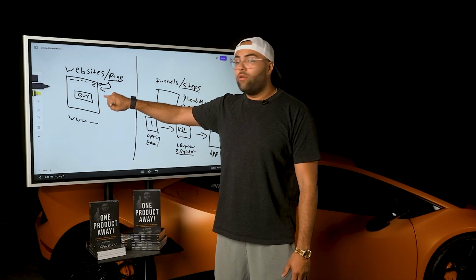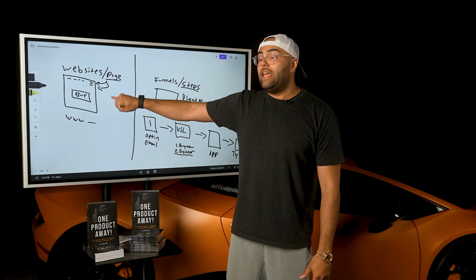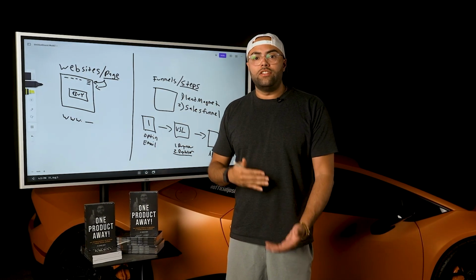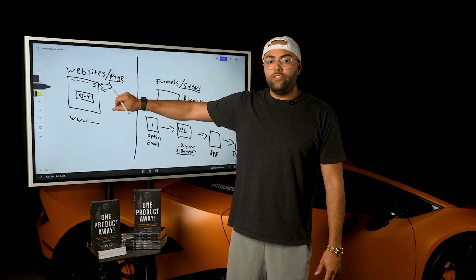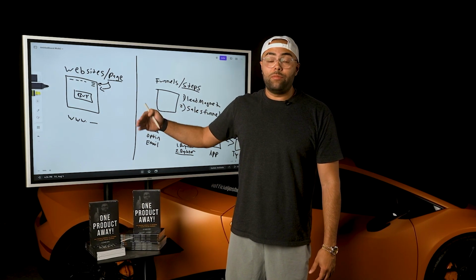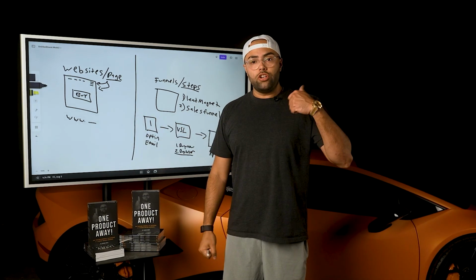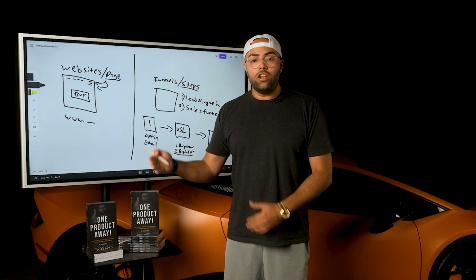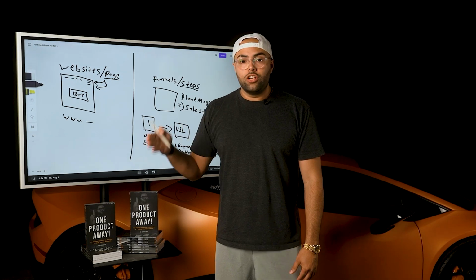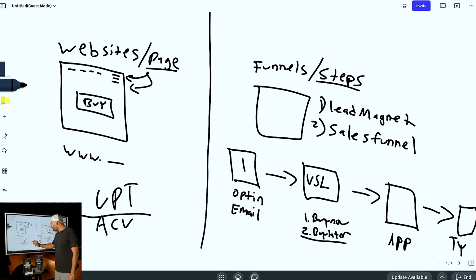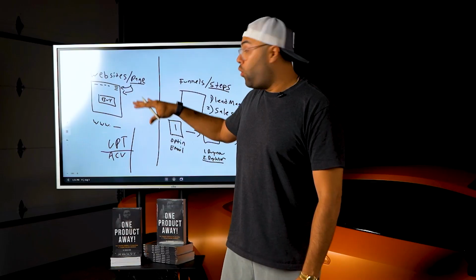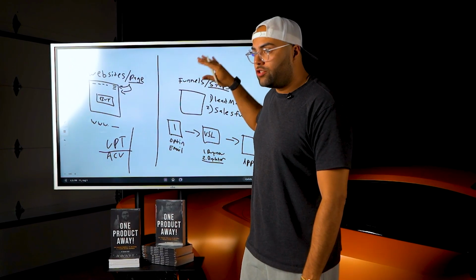For example, when we were running websites back in the day, it was very difficult to have upsells and order bumps and different types of downsells and cross promotions. These are different sales strategies, right? Sales optimization strategies to increase your UPT, which is units per transaction, or your ACV, which is your average cart value. Now, UPT and ACV are two things that you want to focus on when you have a website or a funnel. Again, funnels are crushing it.